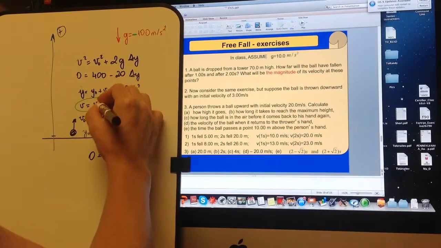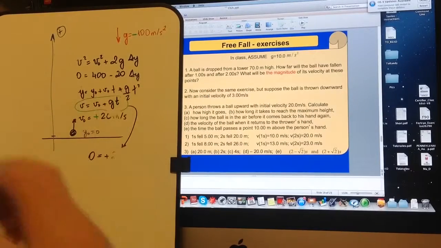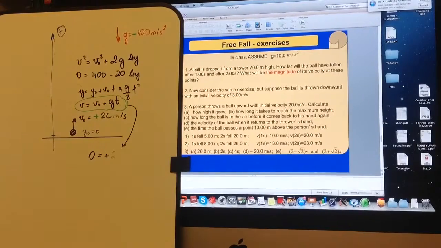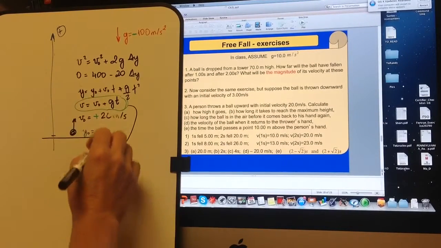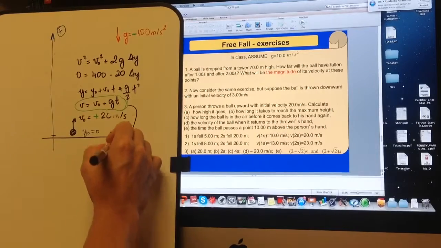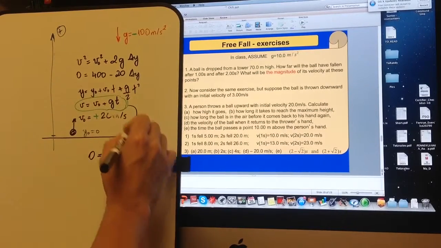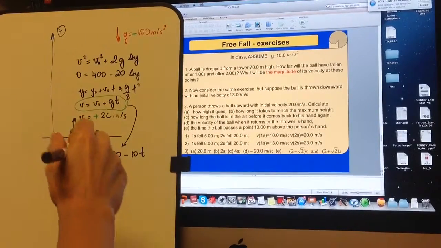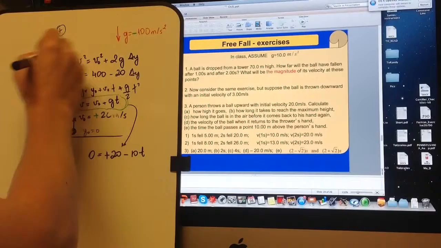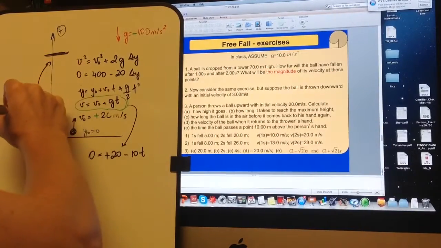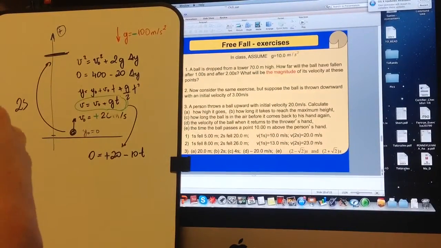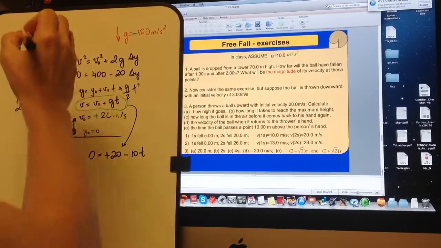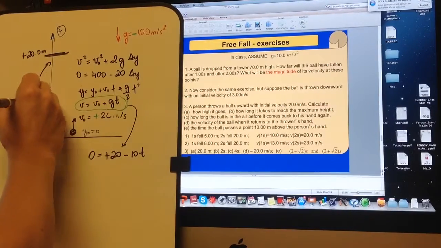This equation is v = v naught + g times time. Oh, okay, so this is this equation. Now I know the final velocity is 0, the initial is plus 20, g is minus 10, with the time, and we get the time 2 seconds. So how long does it take to reach this highest point? Well, it takes 2 seconds. And what is this highest point? Well, plus 20 meters.